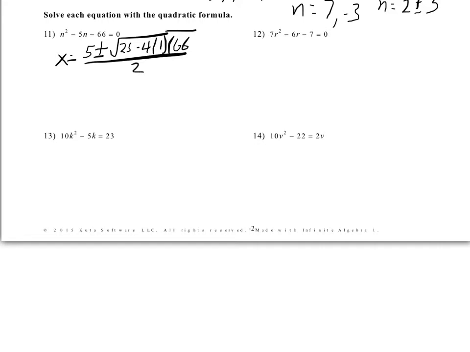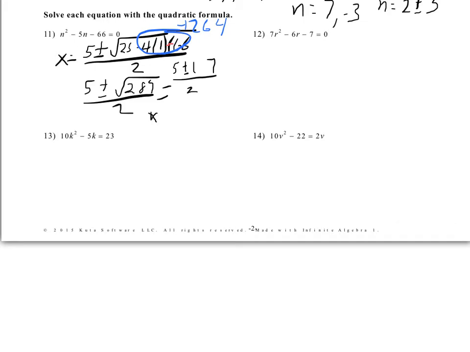Okay, 4 times 66 is 264. Excuse me, there's a negative in there that I missed. There's a negative 66. So then if I add, that's 264 plus 25. That's going to come out to be 289. And the square root of 289 is equal to 17. So I have 5 plus or minus 17 divided by 2, meaning n comes out to equal 11 or negative